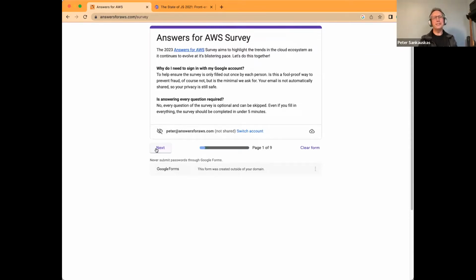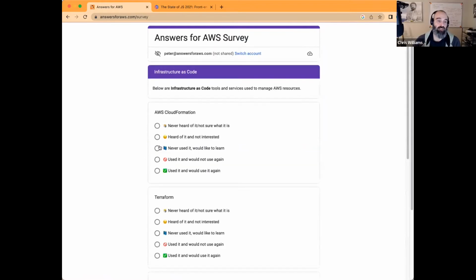Requiring a Google login seemed like the simplest thing that I could do. And I don't get the email as a result of this. It actually says "not shared" here. So even though you do require a Google login to do this, I can't access what Google account you used. So it's still 100% anonymous as you go through the survey. Unless you actually answer it in the form, you don't contribute. Correct. Anybody that's done a voluntary Google Form, yeah, exactly. Yep.